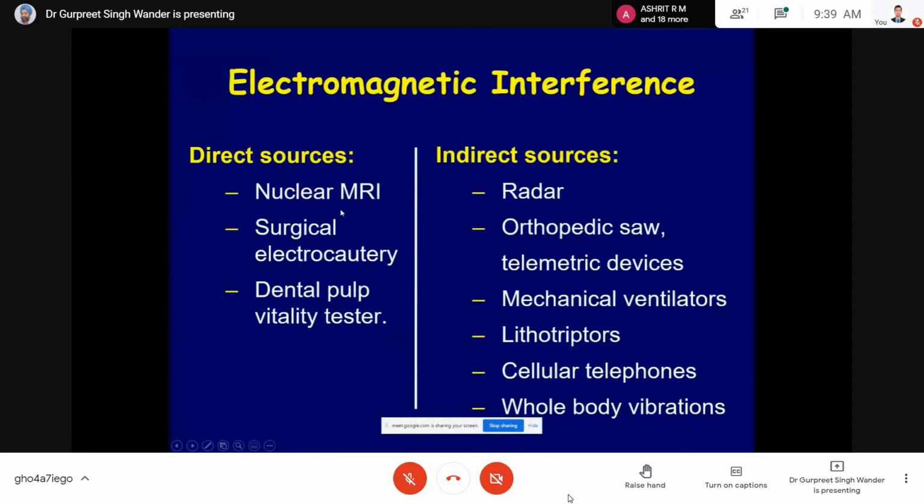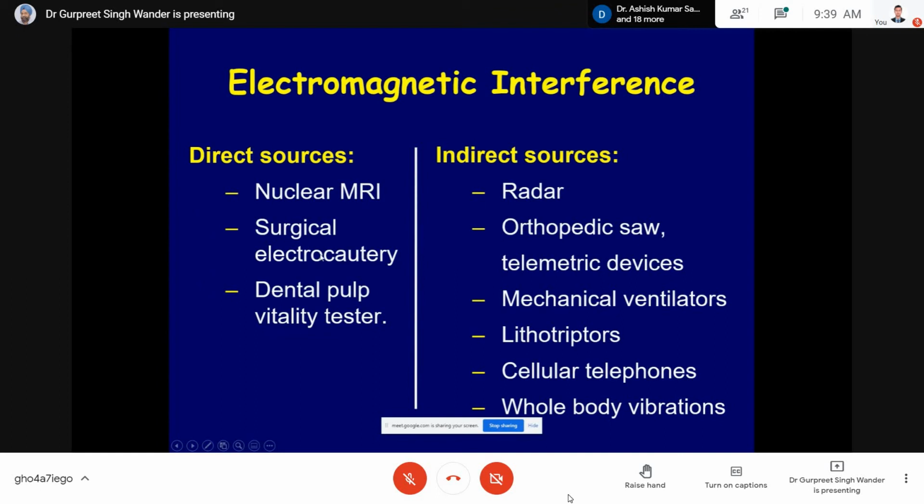But cardiac MRI, now MRI compatible pacemakers have also come up, and most of the pacemakers today which we are implanting are MRI compatible. MRI can be done, although it is a very strong magnetic field. Magnetic resonance imaging, as the name implies, is imaging by using the magnetic force.